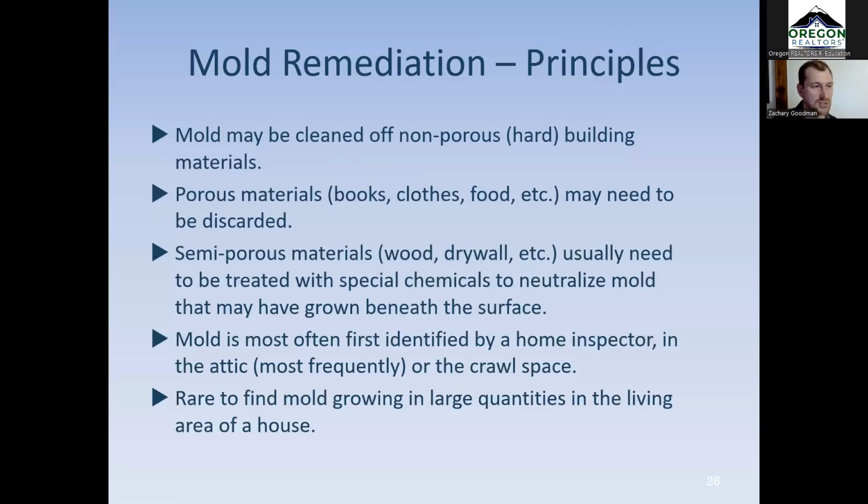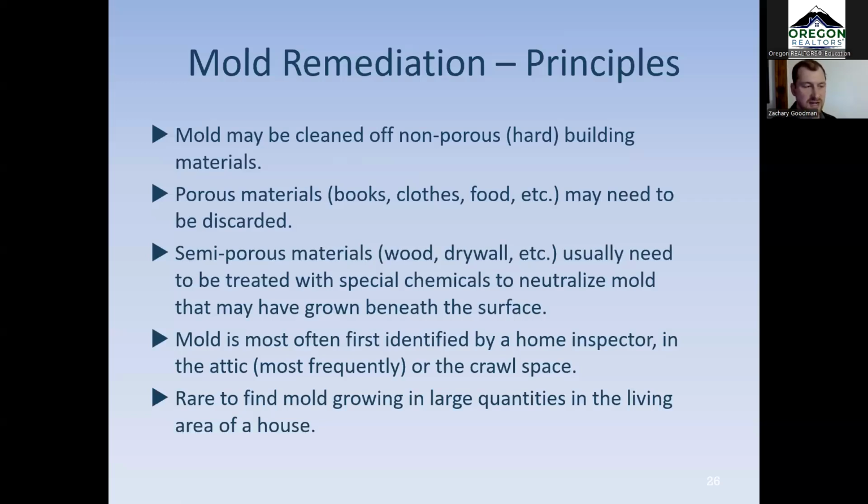If somebody calls and says, hey, can you do a mold inspection? I have a client that's really concerned about mold, and we just want to be 100% sure. A lot of times we will ask, are you planning on having a home inspection done? And if the answer is yes, then we generally recommend having that home inspection done first. Why? Well, they're searching the entire house. As you know, they're documenting everything. They're probably going to find the mold. And quite frankly, they spend maybe even longer than we would for an average inspection.